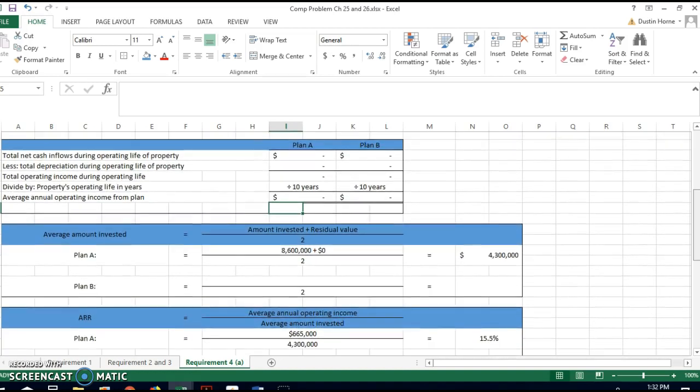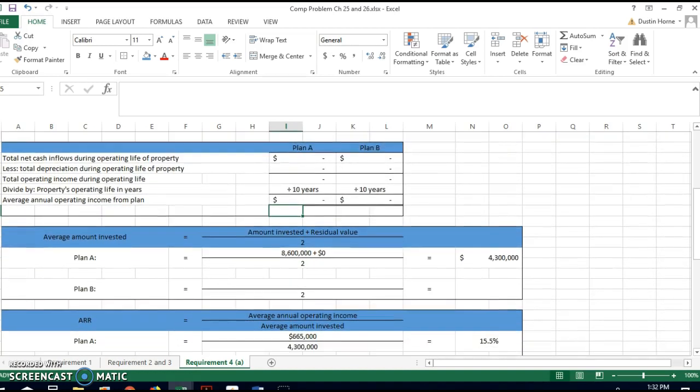Then once we get this, now all of this, if you look at Exhibit 26-7 on page 1468, that is kind of what this is, but we're having to do it for two different plans here. But it shows you how to calculate that. Now, the average amount invested, we need to figure this out so we can put it down here. So the average amount invested, I'm going to tell you to calculate this by hand,